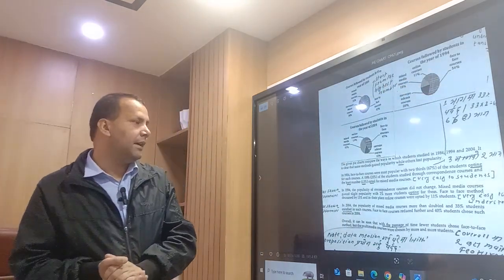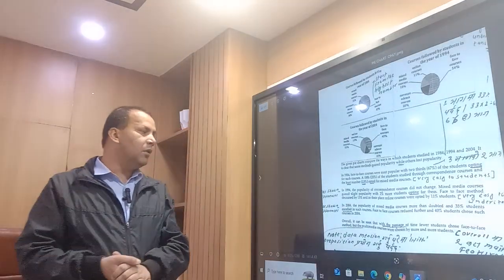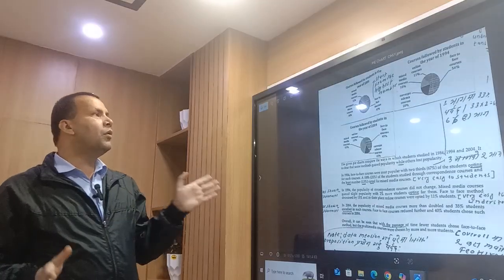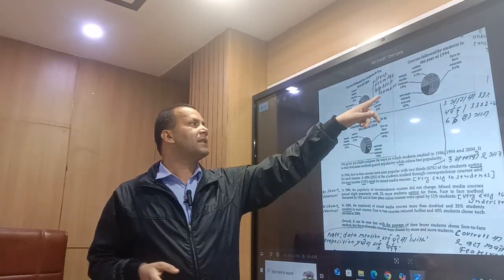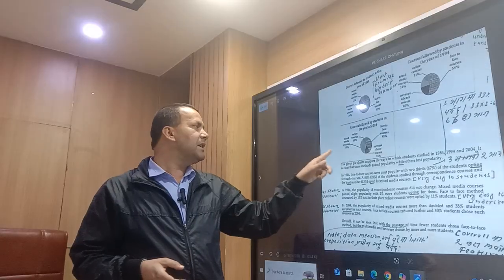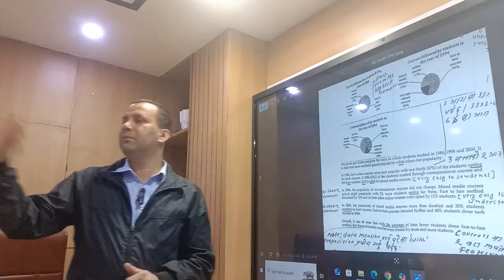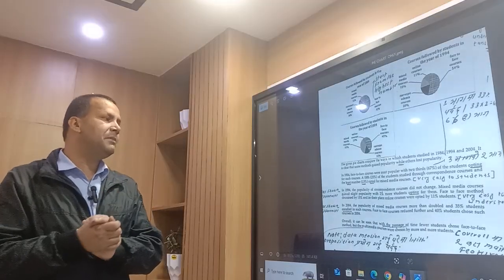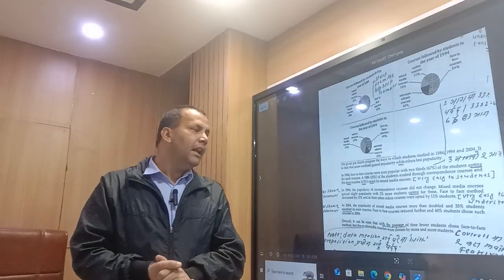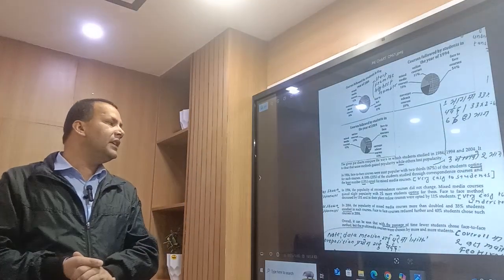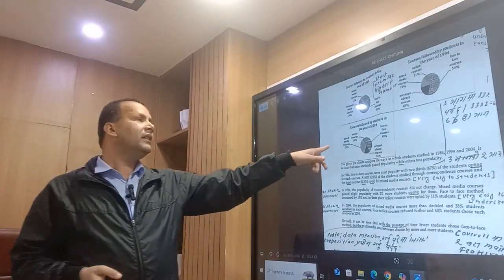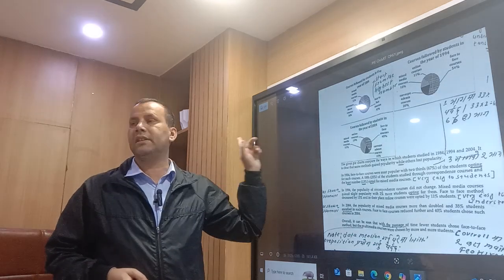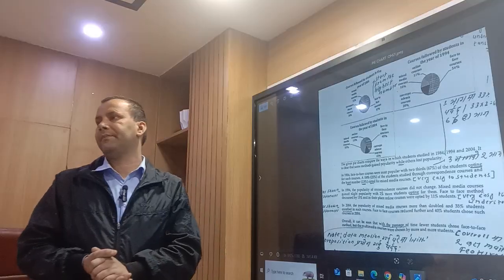Understood? Now next, in 2004 the popularity of mixed media courses more than doubled. More than double means what? Mixed media courses 15%, here mixed media courses 35%. It is more than double. In 2004 the popularity of mixed media courses more than doubled, and 35% of students enrolled in such courses. Okay.